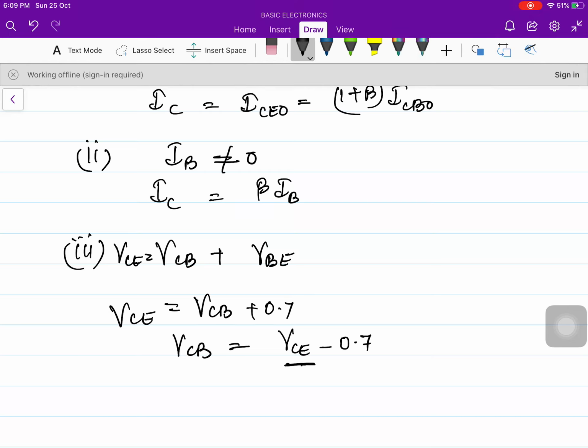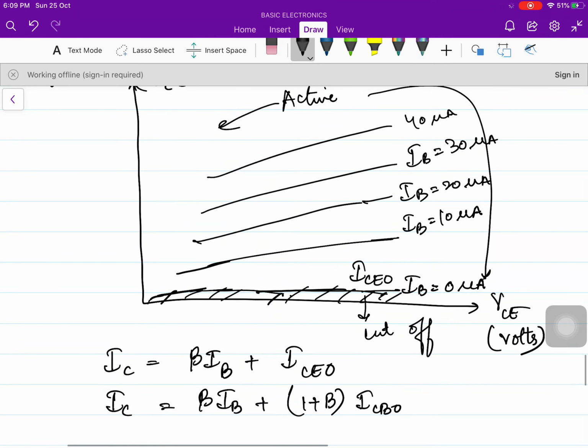So we are drawing the graph of VCE. Let's see at what value of VCE, VCB will become negative. When VCE is lesser than 0.7 volt, VCB will be negative and the junction will be in the saturation region. So what will happen then? We need not go into the negative part of VCE in order to see the saturation part. We can see the saturation part on the positive side itself, because when VCE becomes less than 0.7, VCB is automatically reversed, the battery is reversed, and the collector base junction is now forward.